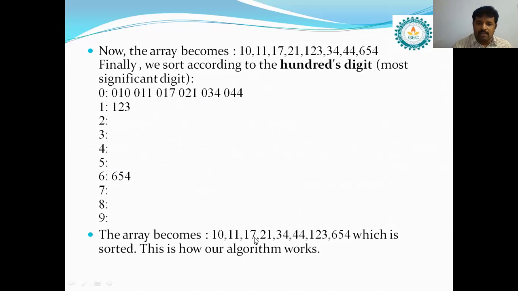Now we have to check whether all these are in ascending order or not. Yes, all these elements are in ascending order. This is how we can sort the elements using radix sort. Okay? Just understand? Well, thank you. We have to stop this session here. We'll discuss the next technique in the next class. Thank you.